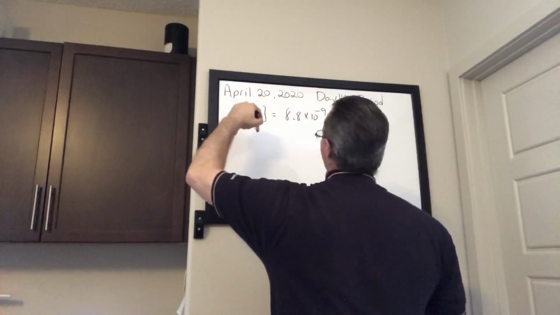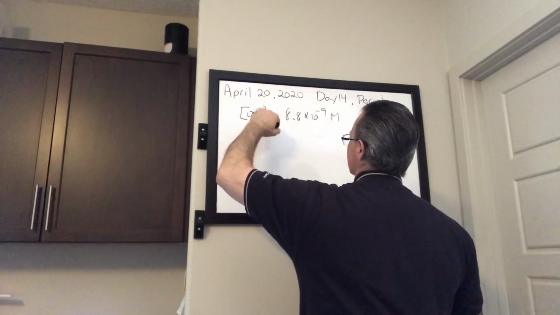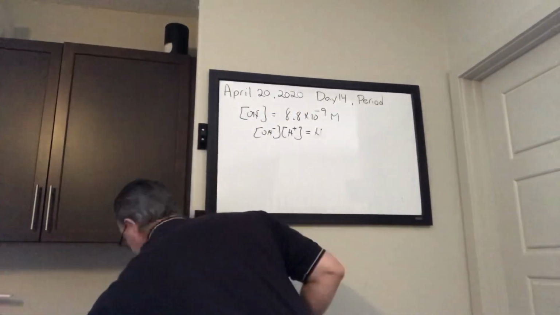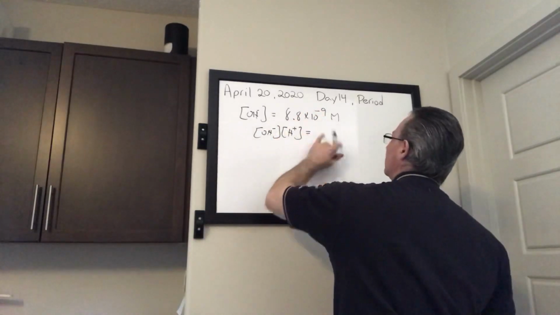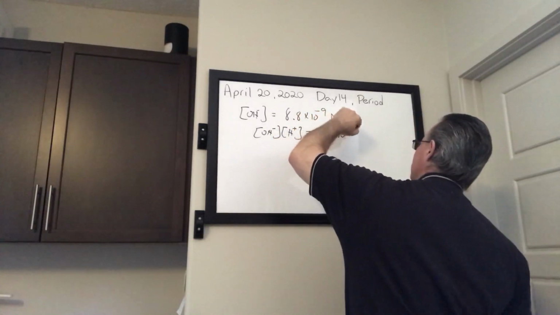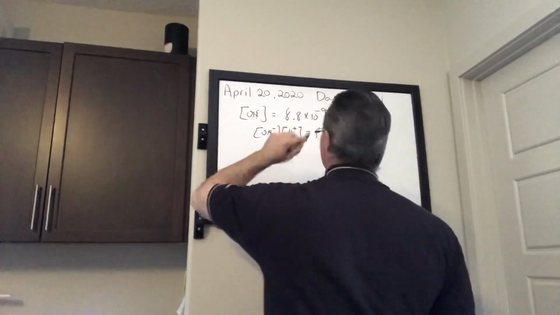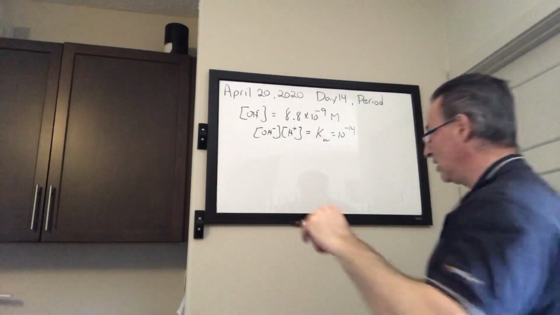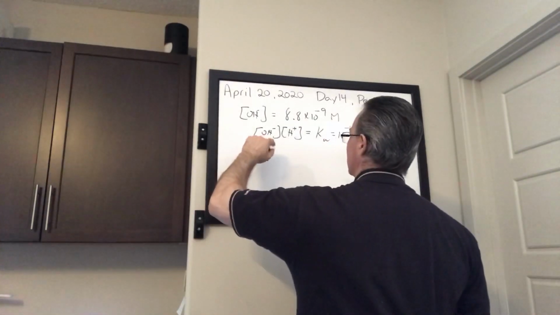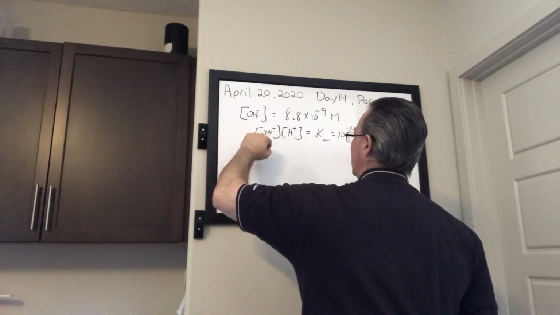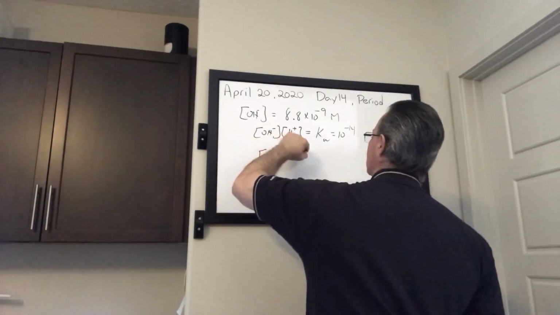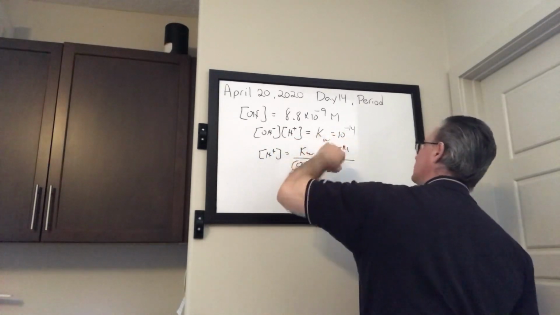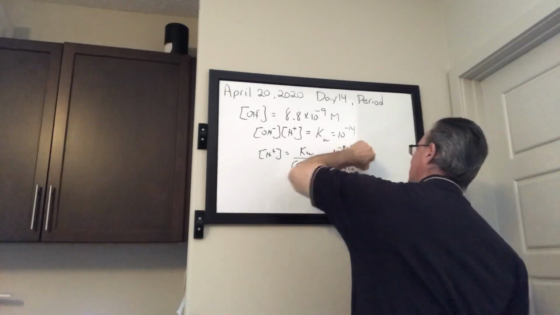So given that OH minus concentration times H plus concentration in aqueous solution is always going to give you Kw, or 10 to the negative 14, we'll see that the H plus concentration is actually higher than the OH minus. So it's actually an acidic solution. So the H plus concentration is going to be equal to Kw over OH minus concentration. So 10 to the negative 14 over 8.8 times 10 to the negative 9, which gives you